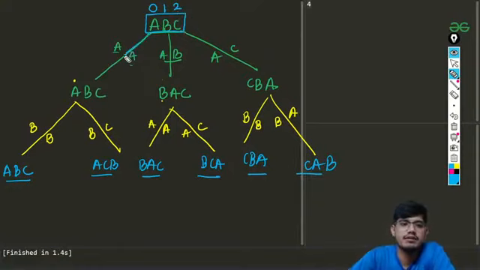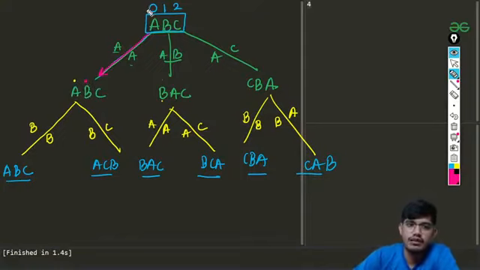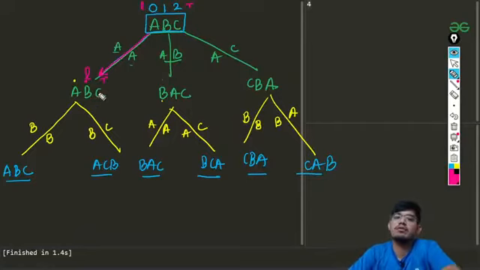Whenever I'm going to be checking for this, first it will be going here, correct? First it will be going here, then it will not be swapping A, it will be just starting from the next position here. So first our L was 0, our R was 2, now our L will be changed to 1 and R will be remaining there only, which is 2. For this also L will be this, L will be this, L this.